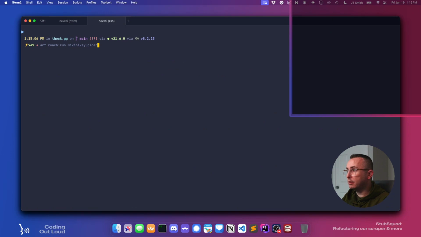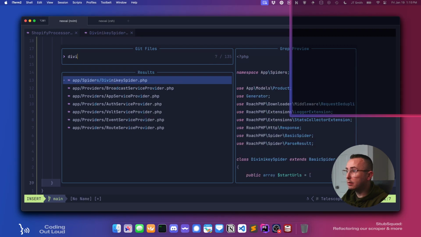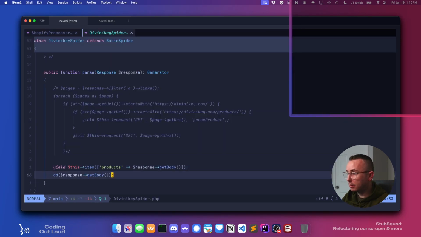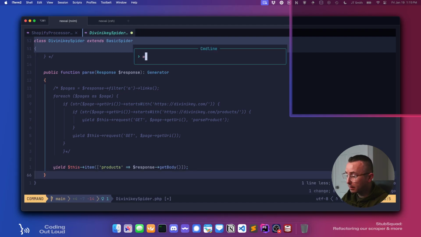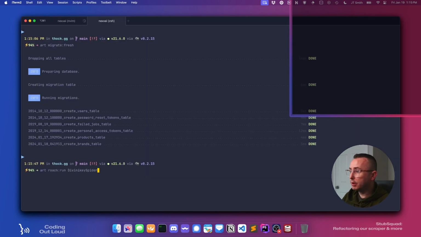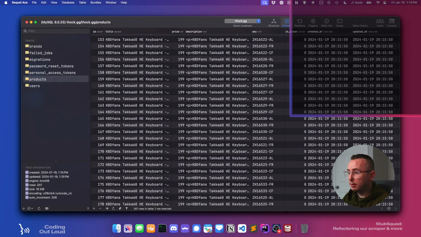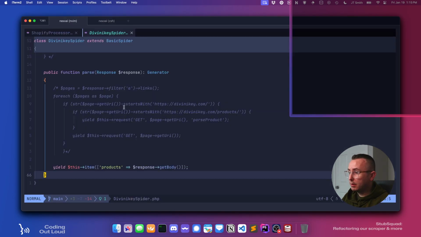So let's clear this out. And if we go to Divinity Spider, or just get rid of that. Maybe it was because we were DDing there. Let's try this again. So migrate fresh, roach run Divinity Spider. Okay, how about now? 207 still. Okay, so if we say,